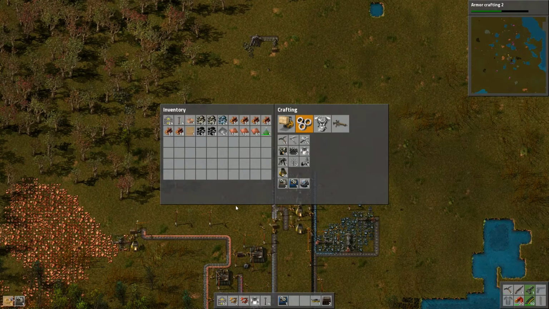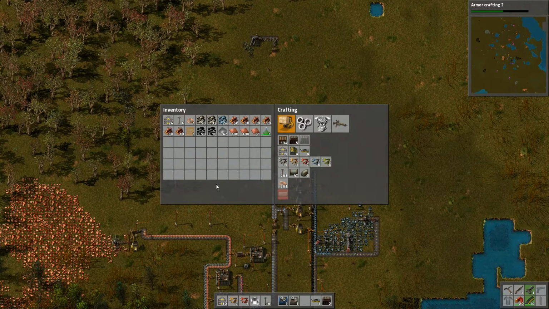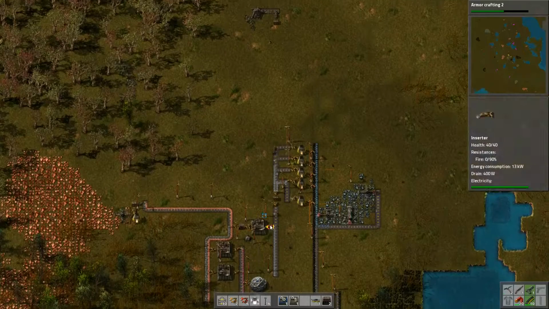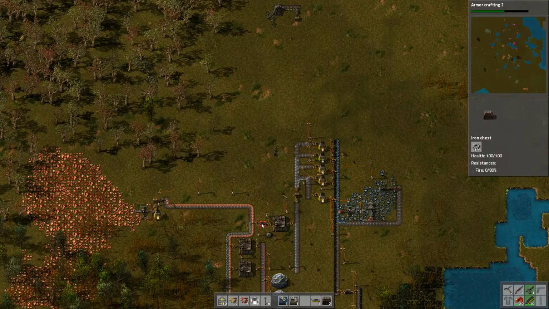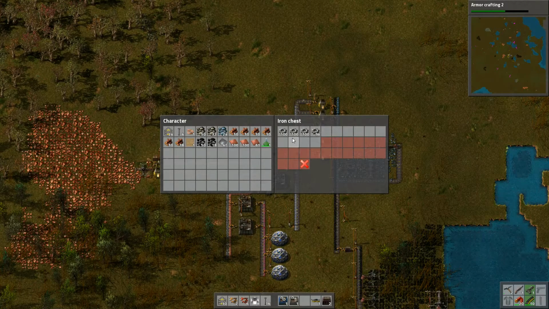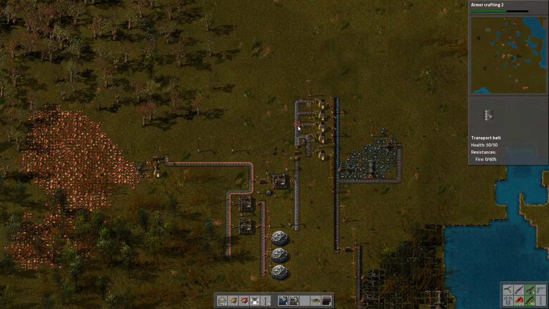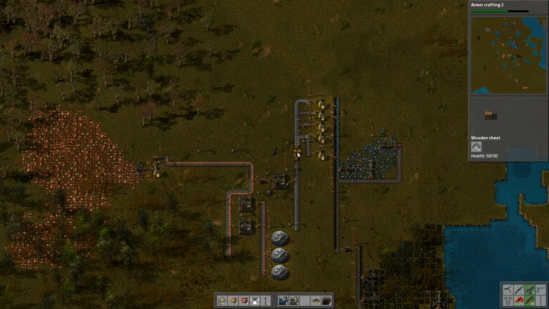Alright, which would be the easiest project to tackle? Probably this one. Let's do this one first. So we need iron gear wheels and iron plates. That shouldn't be too difficult. Where can we get the gear wheels from? We can get them from this box, which is filling up fairly slowly. Where can we get the iron from? We can get the iron from right here. Get the feeling that we're going to need more iron than we've got? Yeah, I do too. But in the meantime,